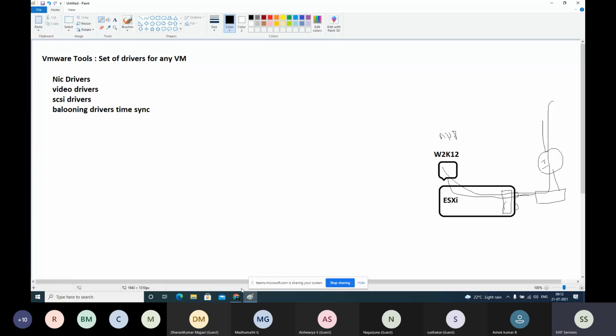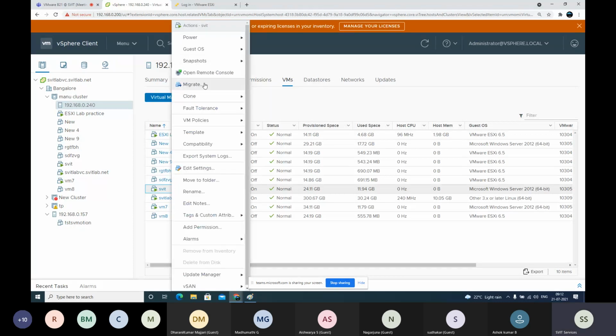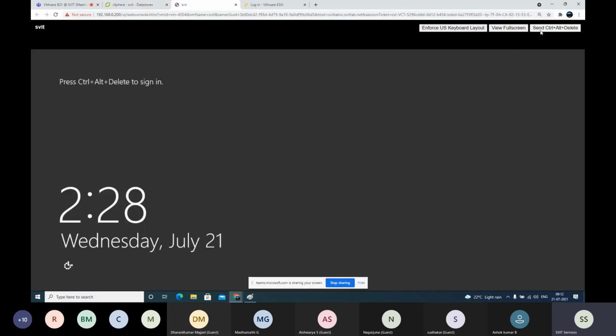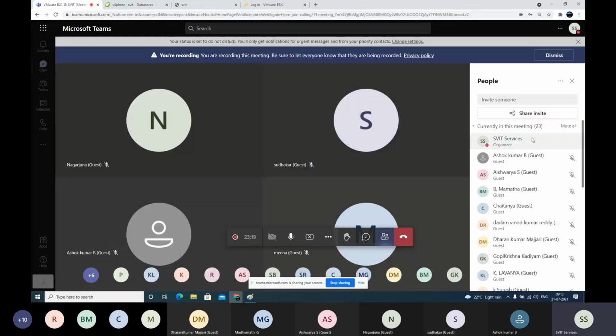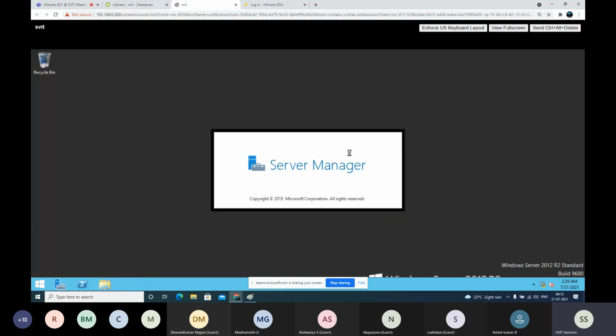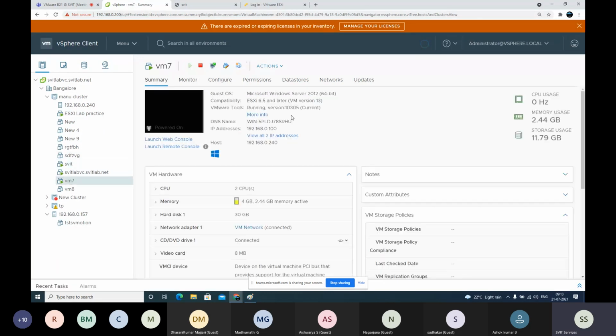Okay, if you see here also, we have a virtual machine. We'll see if it has an operating system. Yeah, it has an operating system, but there are no drivers. So in the summary tab, now this VM is running with current drivers. This also has current drivers. Then which VM did we check?